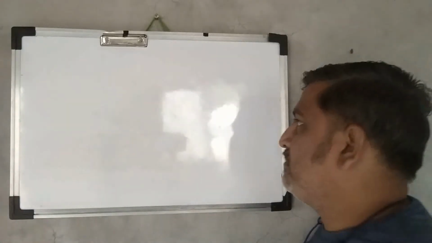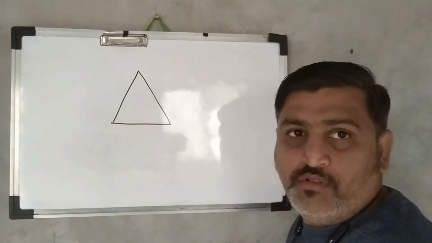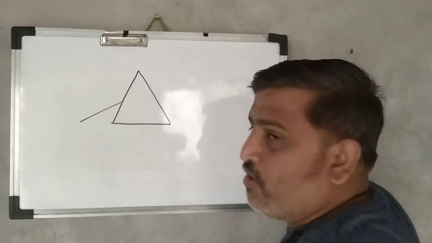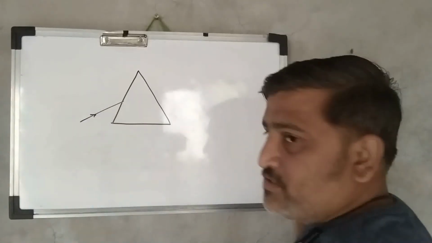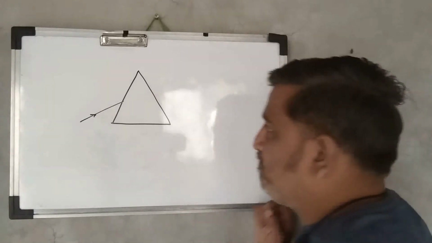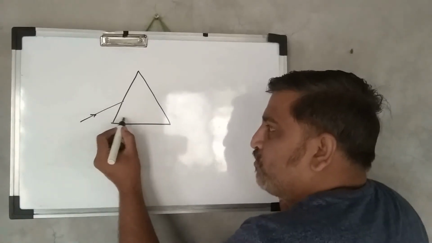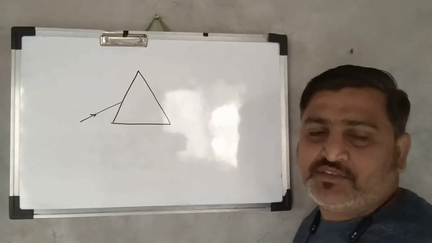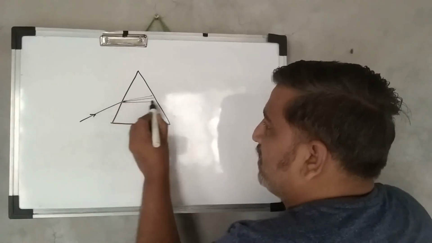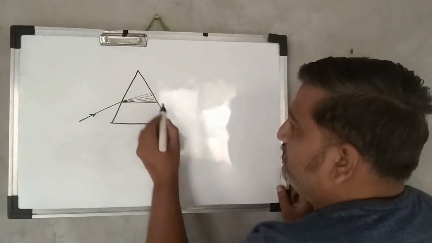What Newton did was pass a single beam of light, a monochromatic ray of light, through a hole and allow it to fall on the prism. A single ray of light, when it falls on the surface of the prism, is initially passing from the air medium into a denser medium, say glass, so it gets refracted. And the refraction seen by him is in seven different constituent colors.